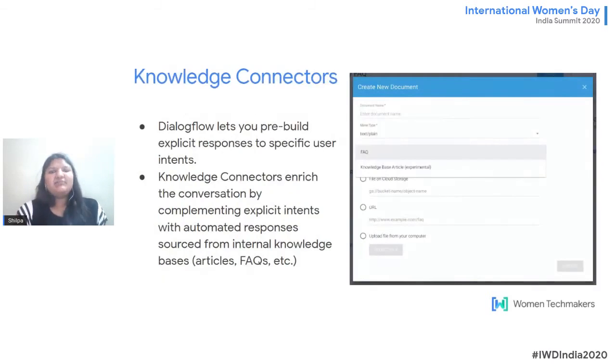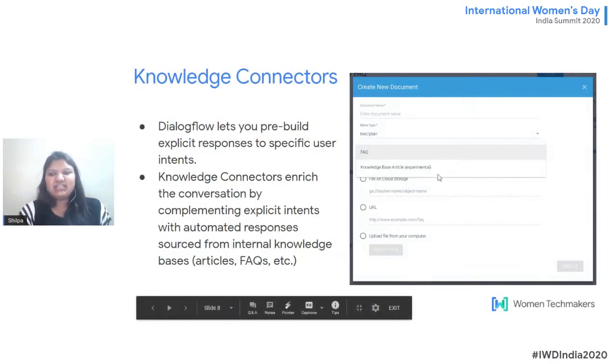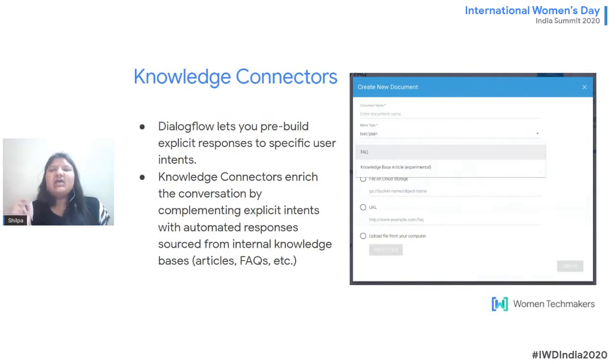The next powerful feature is the knowledge connector. Till now, we were adding training phrases for every intent in Dialogflow, right? But we have this powerful feature coming up with the knowledge connector. Say you have lots and lots of data files, and you don't want to extract data from them. You can just convert them into a document format, right? There are two formats available, and you can also have FAQs. If you have a question-answer format of your data, you can directly add it into this screen of Dialogflow, where you can add your document and it will directly start answering by taking data from that particular document. We call it knowledge connectors in Dialogflow.